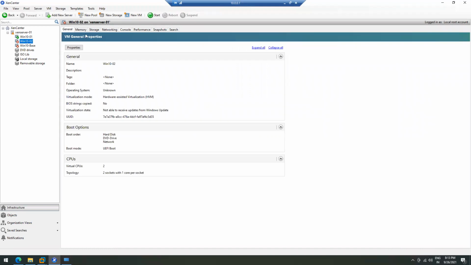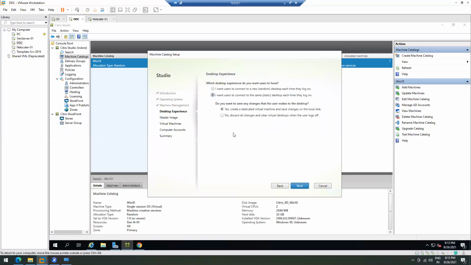In this scenario, which one is being used actually? The first one. The first one is for production, but we are testing things out. So we will go with the static desktop for now, and in upcoming sessions we will cover this as well.